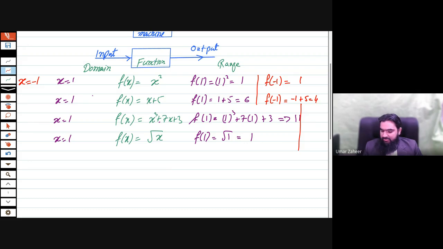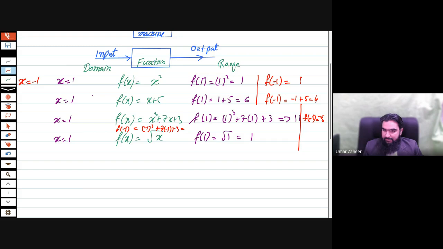In the third function, if you substitute minus 1, it is minus 1 cubed plus 7 into minus 1 plus 3. Minus 1, minus 7, minus 8 plus 3,